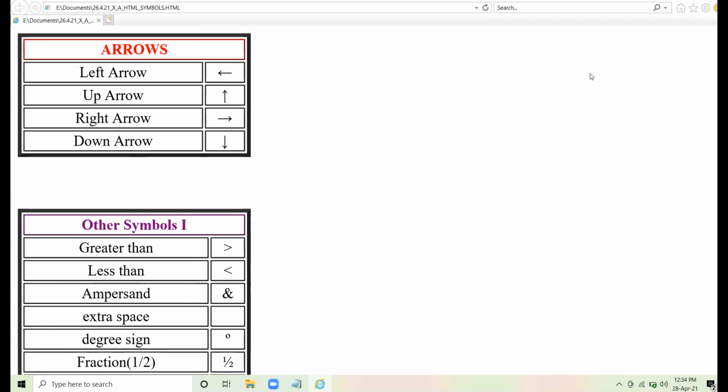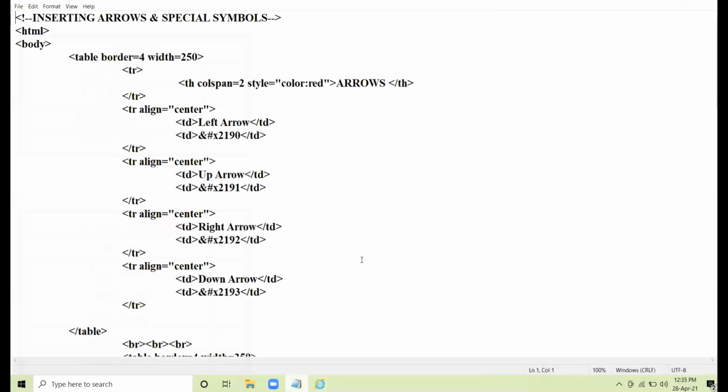So these symbols we are to go through. Clear? Am I clear? All right. So let us start the coding now.